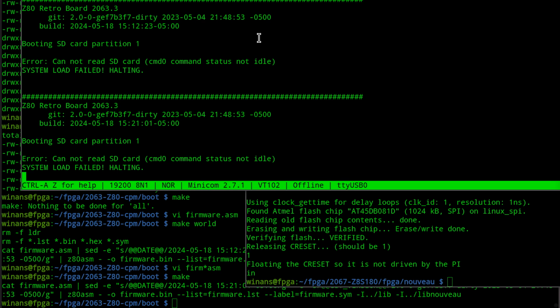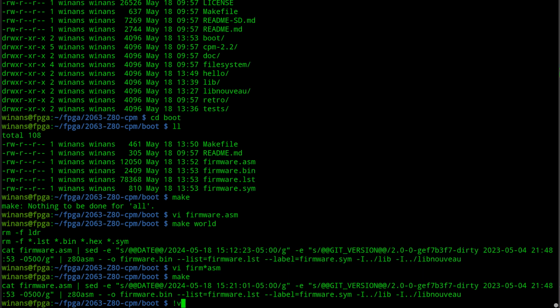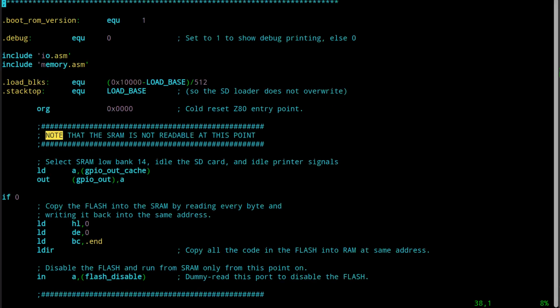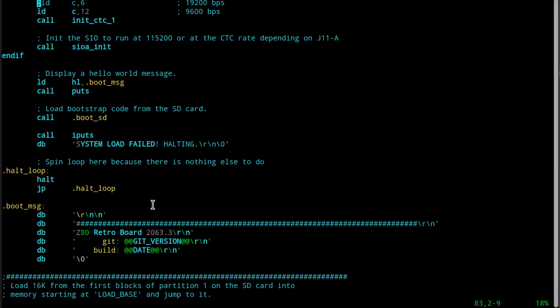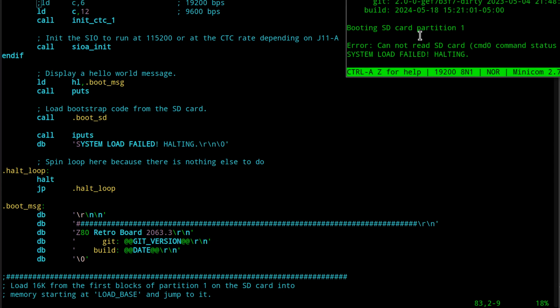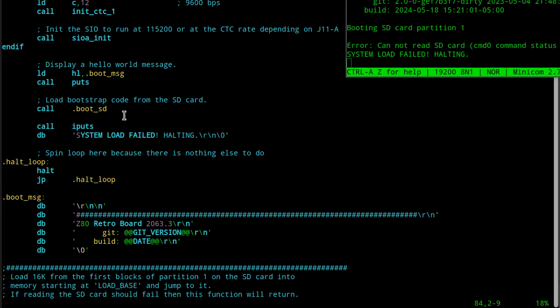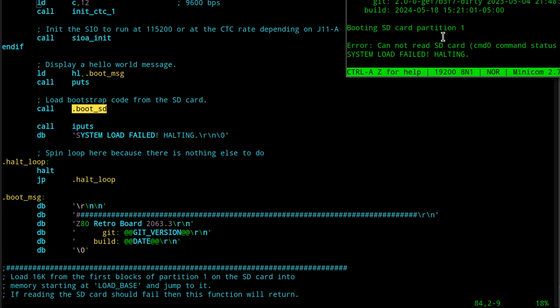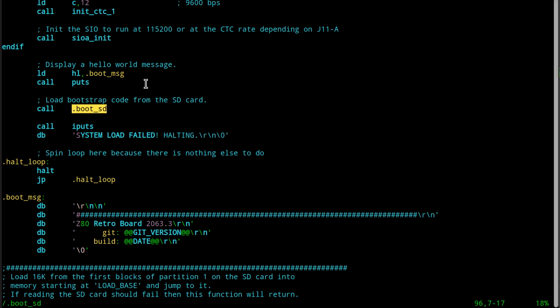Okay, that didn't seem to help at all, did it? All right, let's see what else I did stupid. Did I just mangle the code? Let's see, it says can't read, command 0, not idle. Who knows, the card could be bad, but I doubt it. I mean, I just grabbed a random one out of a box. Does the boot message, it goes in here, comes back and does that. So in the boot SD,